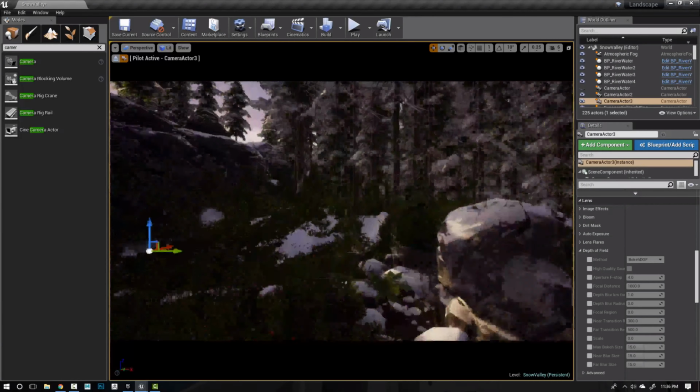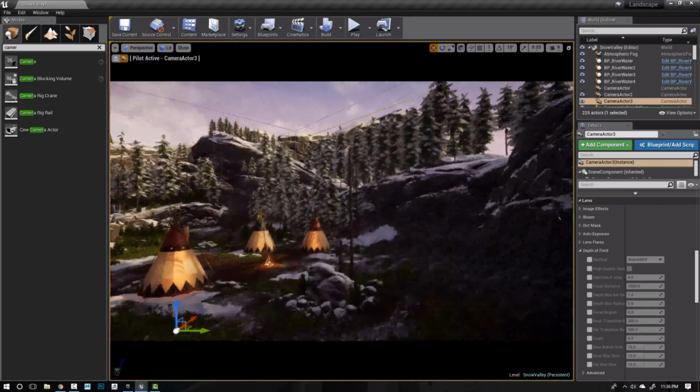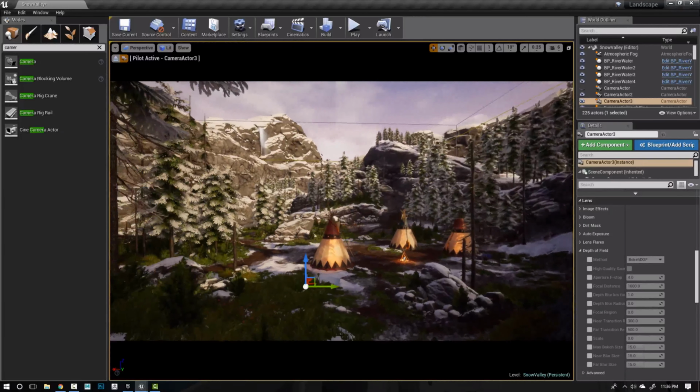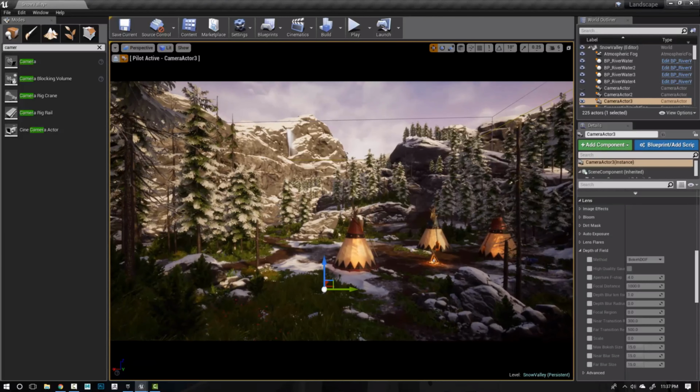We can also do that with the rule of thirds as well when we're composing our scene. So if we just come back to what our original view was, we originally composed this out so that it fit the rule of thirds. And that is, if you split the image into 3 equal parts with a line down here 1/3 of the way, a line down here 1/3 of the way, a line across 1/3 of the way, and another line across 1/3 of the way, you want to find that area where these lines converge and meet